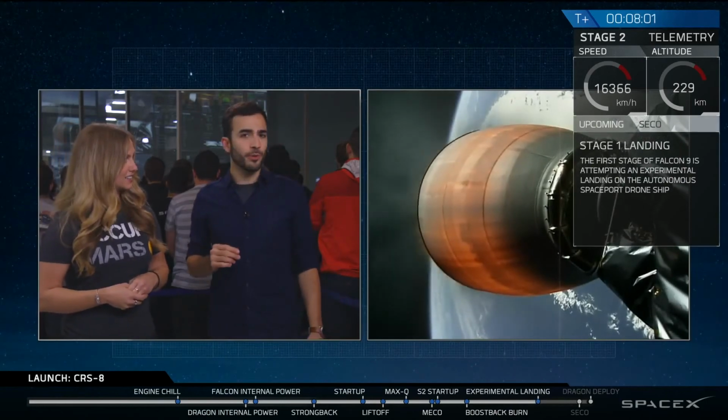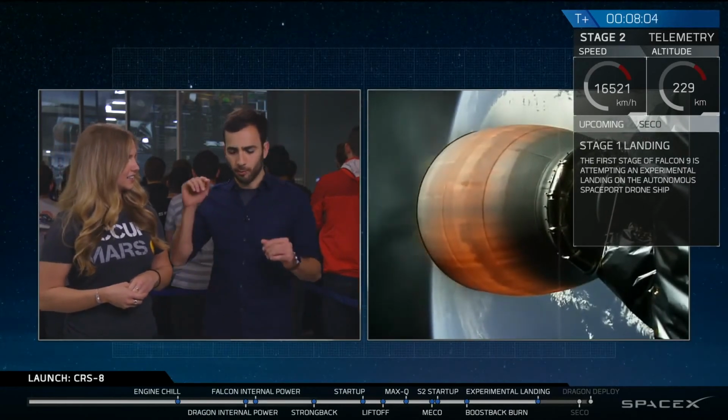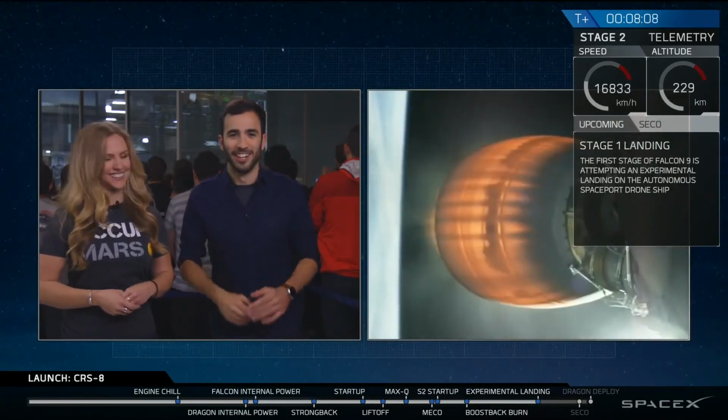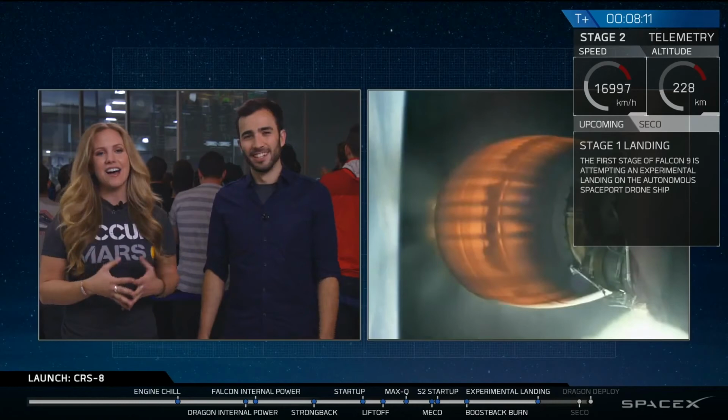Sounds like stage 1 is going through its transonic phase through the atmosphere. It means it's heading right down towards that drone ship. We're on track for hopefully a great landing right now. So right now, we just